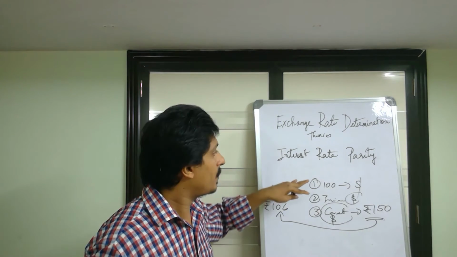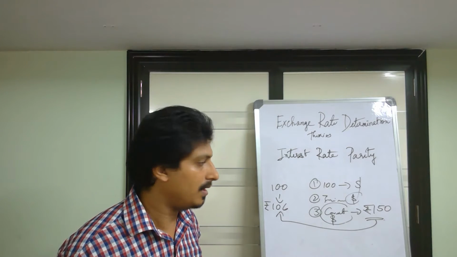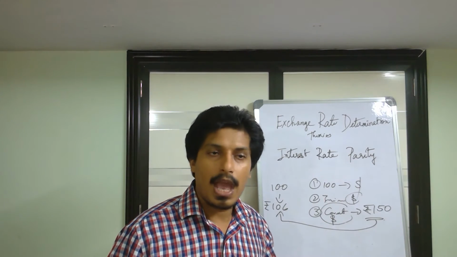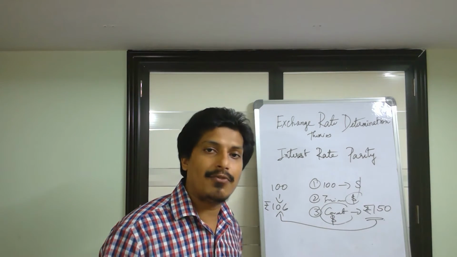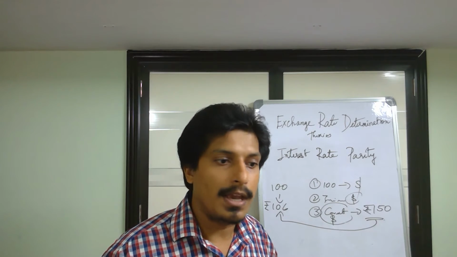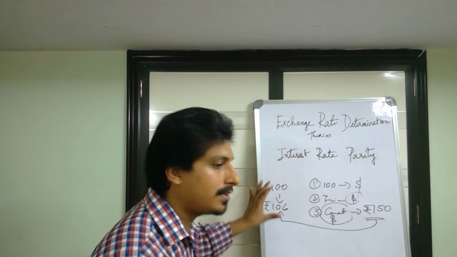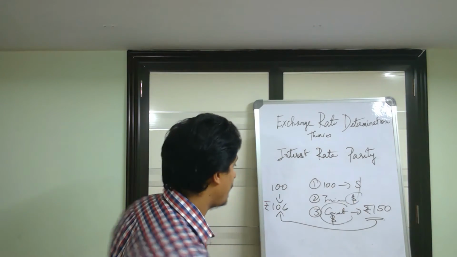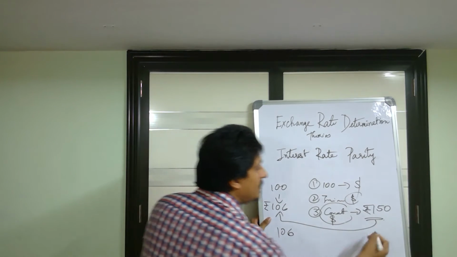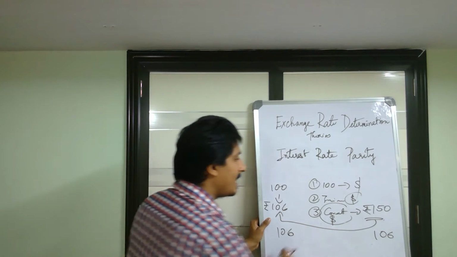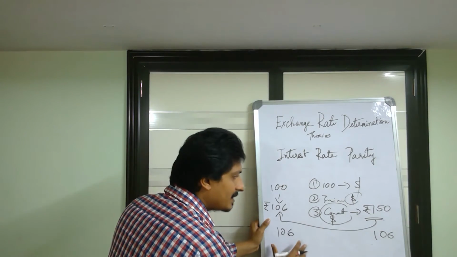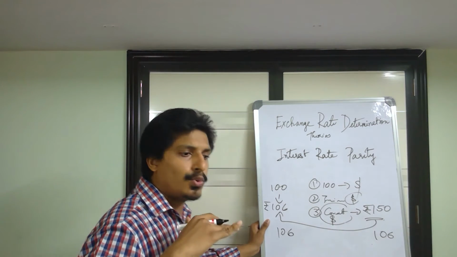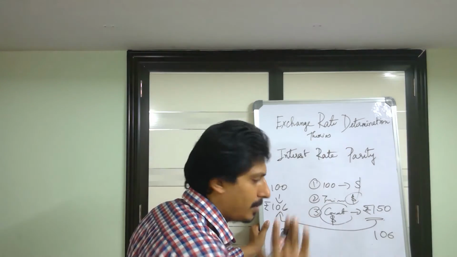With the interest rate parity equation, you will be given interest rates for two countries. Your work is to check whether there is interest rate parity. I'll give you an equation. It will have a left hand side and a right hand side. If the left hand side equals the right hand side, as I told earlier, 106, 106, this is the domestic side, this is the foreign side, then there is interest rate parity. You don't get any extra benefit by investing abroad.